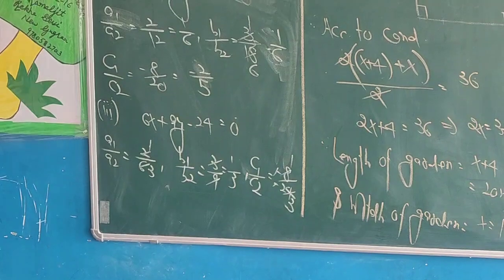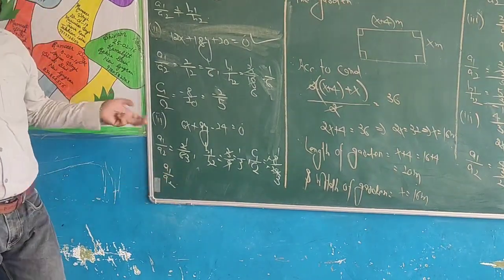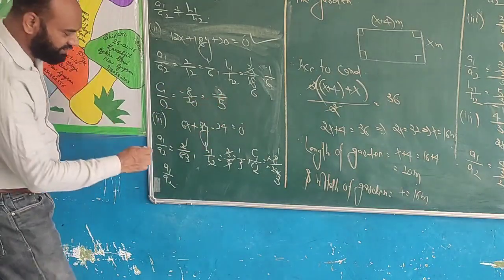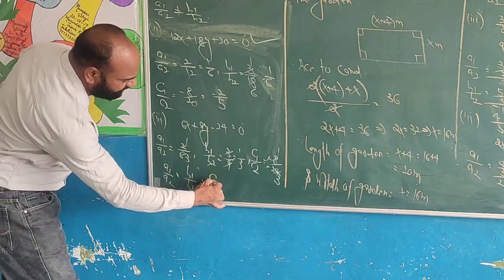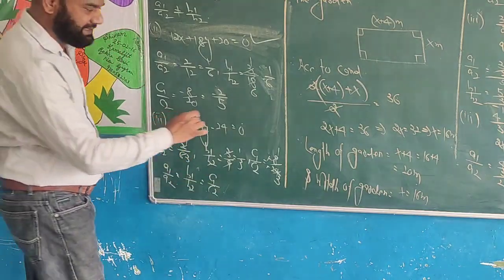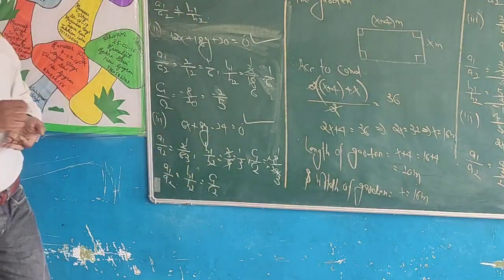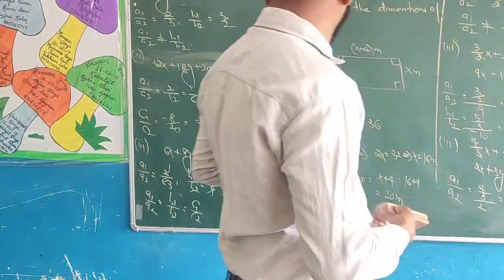And we observe here all the ratios are equal, because A1 upon A2 is 1 by 3, B1 upon B2 is 1 by 3, C1 upon C2 is 1 by 3. So A1 upon A2 equal to B1 upon B2 equal to C1 upon C2. So we can say that this is the required line which coincides with this line. Now we will solve the last question of this exercise.